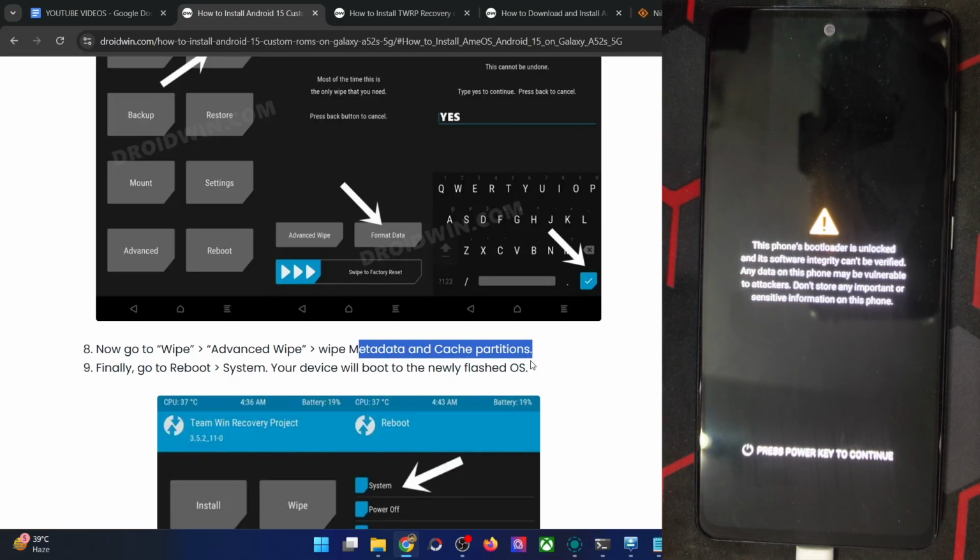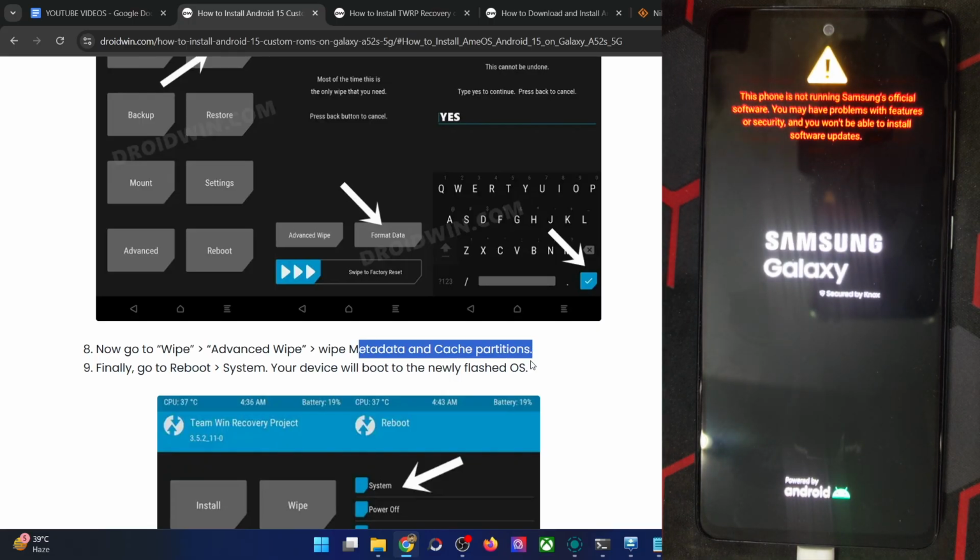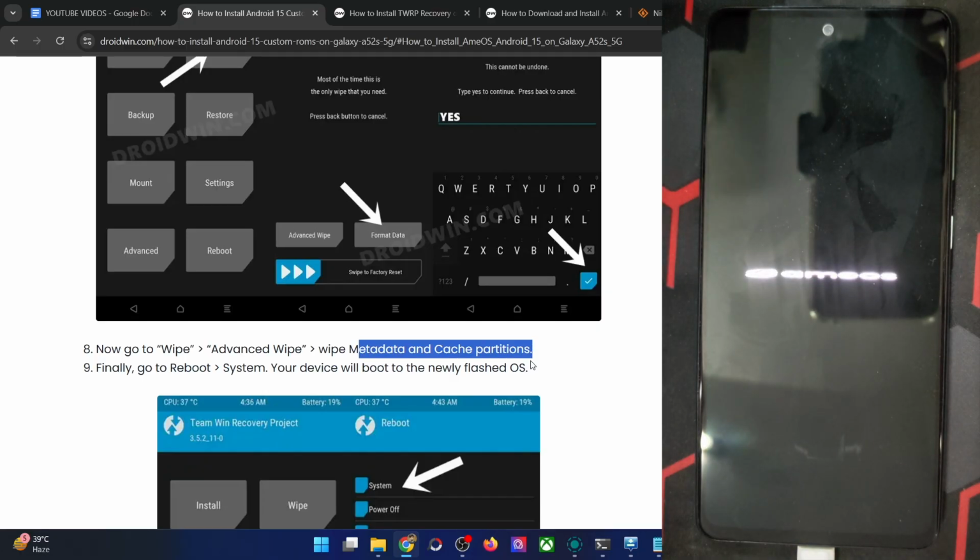The boot logo presence will show that we have flashed the ROM successfully, and the first time it might take up to around 8 to 10 or even longer for the boot logo to appear. So let's wait for that to happen, and then we will have a look at the ROM features as well. So the ROM should now boot up with the boot logo in a few more seconds. Let's just wait for that to happen. And this is the boot logo of the ROM.